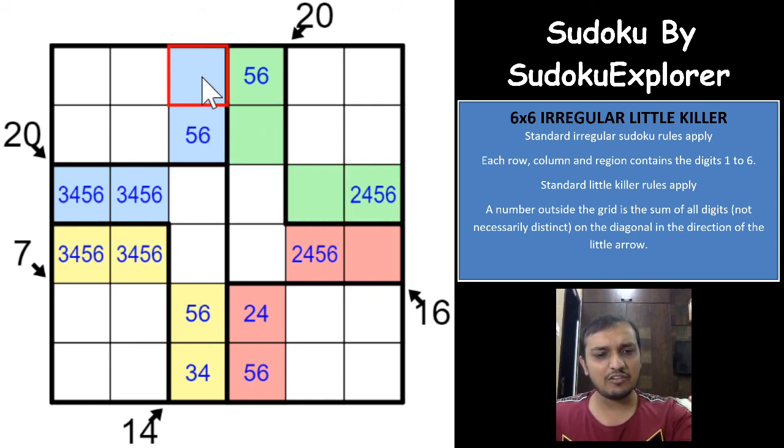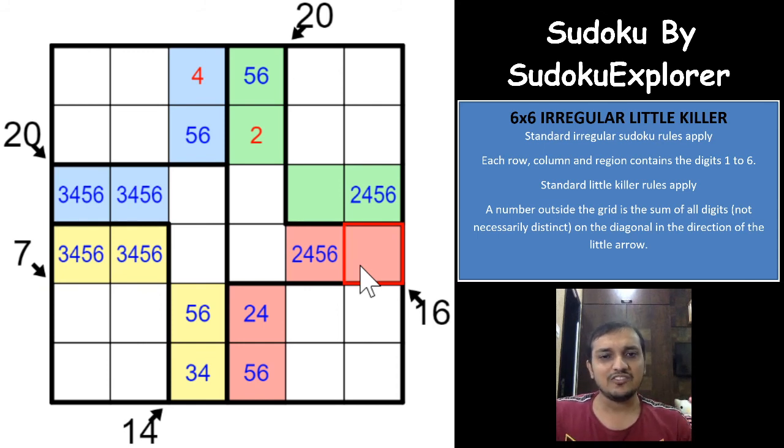The moment you have a 4 here, you will have a 2 here, and that leads to the remaining sum as 10. That is only possible with 4 and 6 with the 4 digits that we have used here. And we already know that both of these blue cells or both of these yellow cells will be 4 and 6. That will surely give you a contradiction that any of these green cells and any of these red cells will not have 4 and 6.